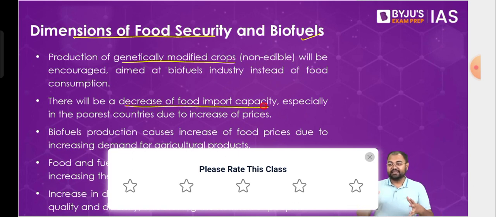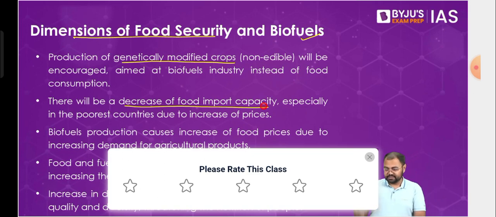Let's say a country has surplus. For example, India has surplus, and this surplus was being exported to some of these countries. Now the government might think, why export this, instead we can use it in a biofuel plant. So instead of exporting 100 kg of rice, just export 50 kg and use the remaining 50 kg for our domestic production of biofuel. In that case, demand from that country has not decreased, demand is constant. Supply has decreased, so prices will increase.